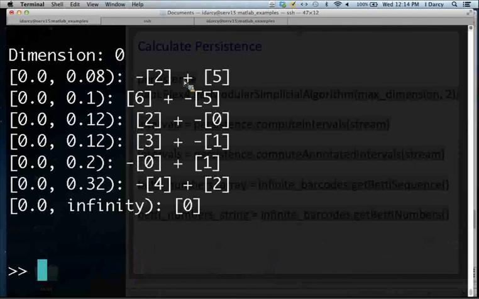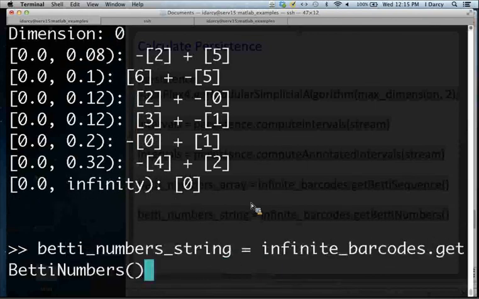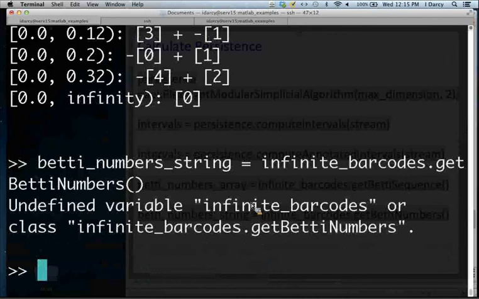That 2 gets paired with 5, 5 gets paired with 6, 2 gets paired with 0. And so we're getting this sort of pairing right here. Okay. And then my Betti numbers were giving me a problem, and I must have not cut and pasted